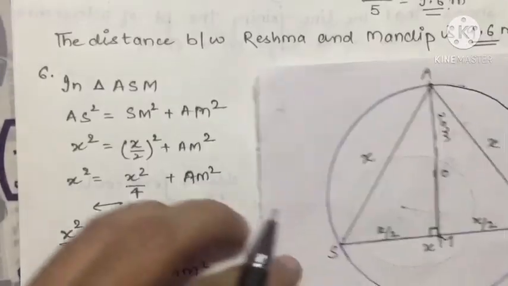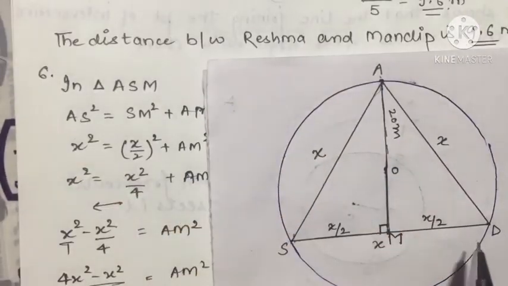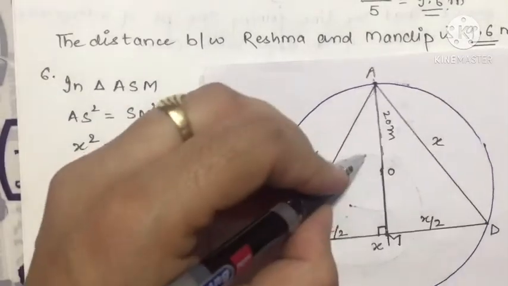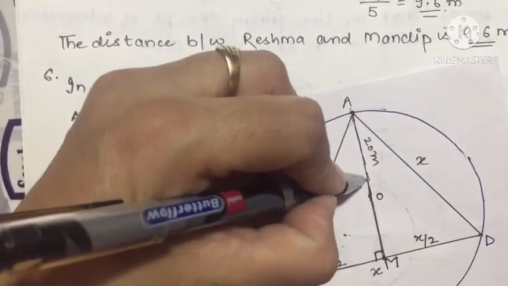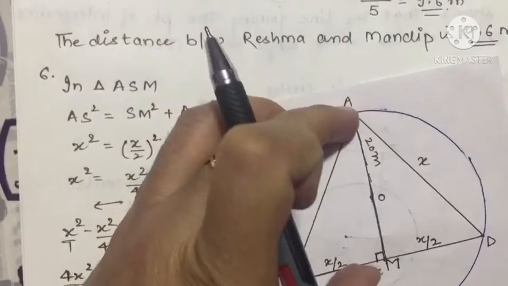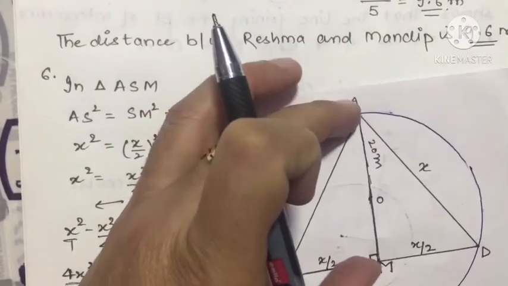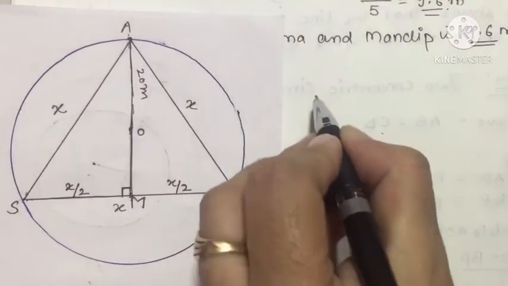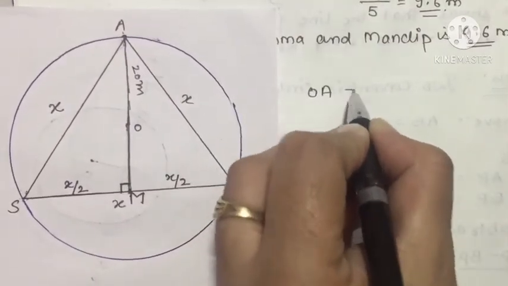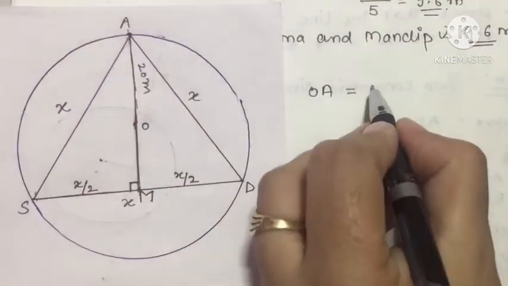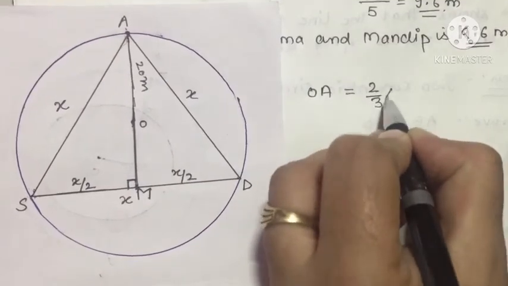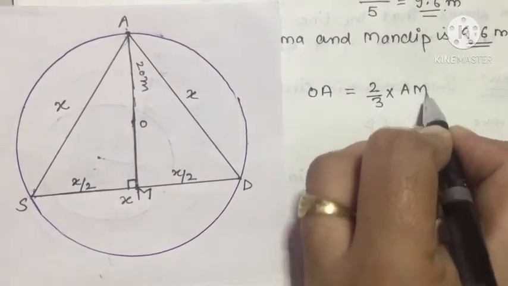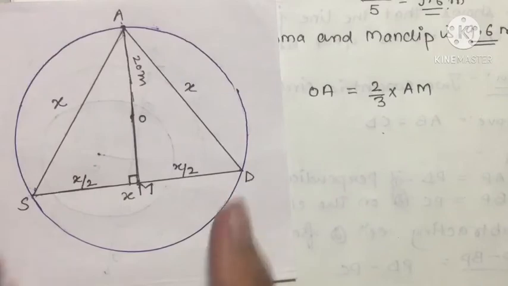Now if we have drawn an equilateral triangle inside a circle, then the radius of the circle is 2/3 of the length of this perpendicular. This is what I have to mention, कि जो आपके पास OA होता है, that means the radius of the circle will always be 2/3 of the perpendicular drawn from the vertex on the opposite side.